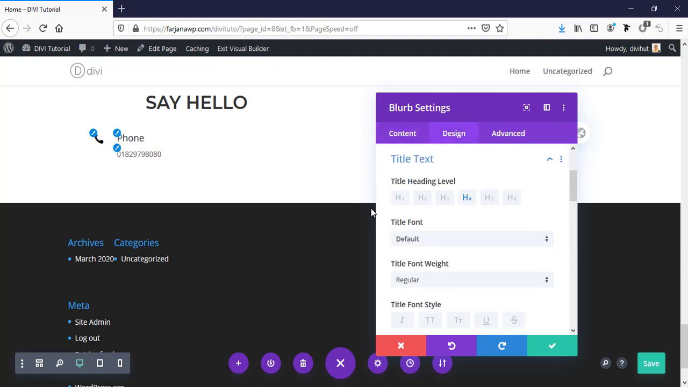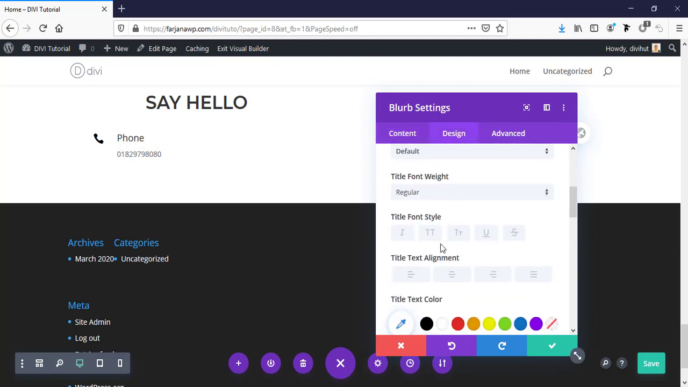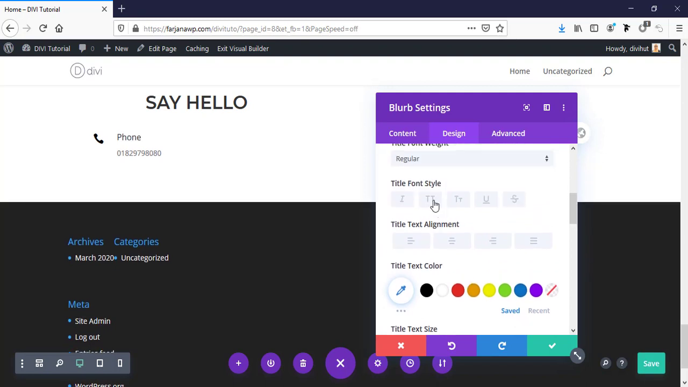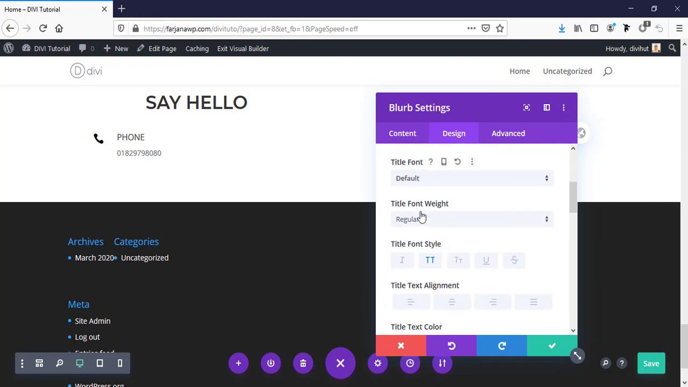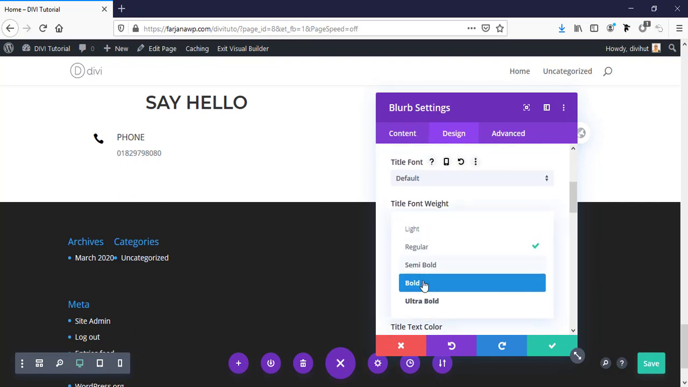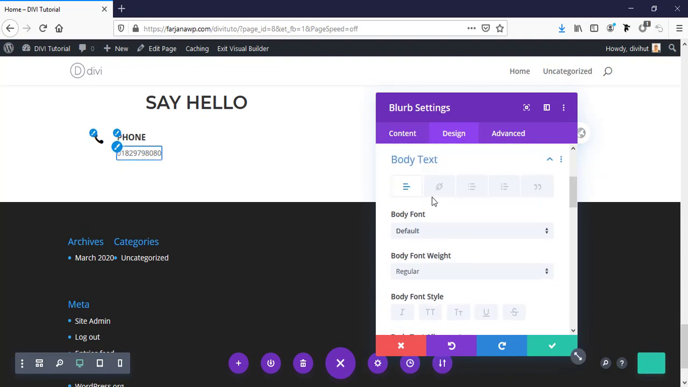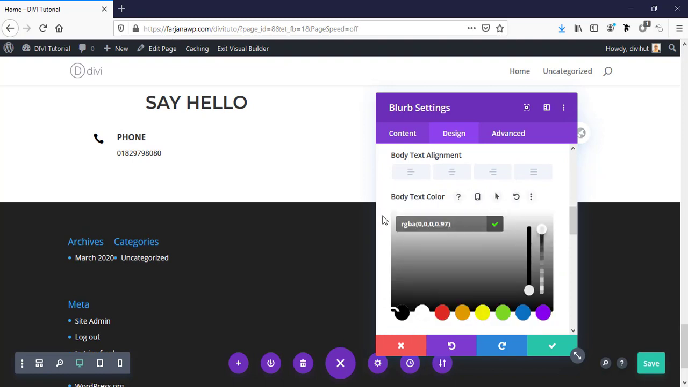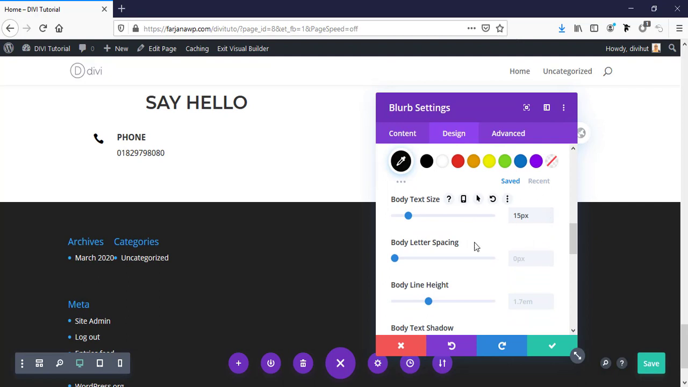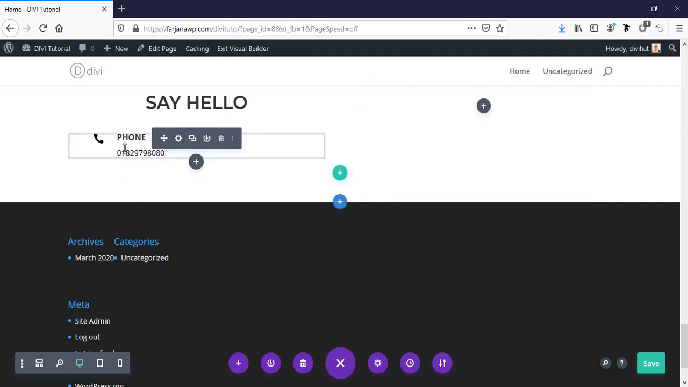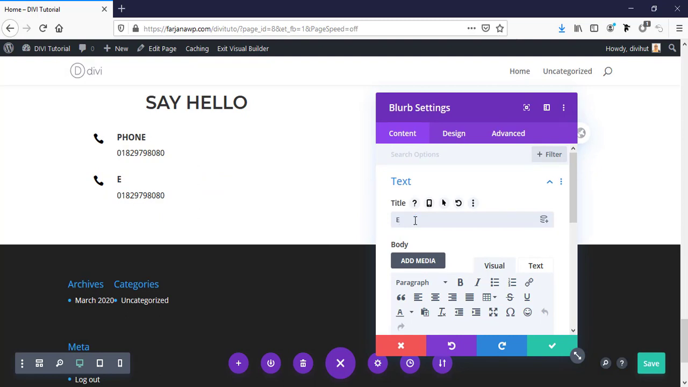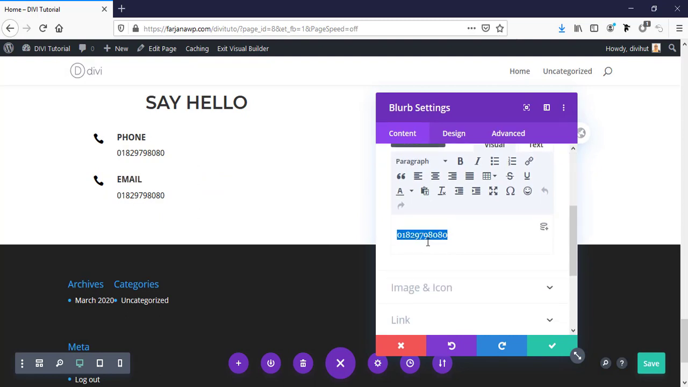And for the title we can also make the text size smaller, making it uppercase and bold. And the phone number we can make more dark and increase the font size. Yes, now save it and just duplicate it, and here we can make it email, and here I'm adding my